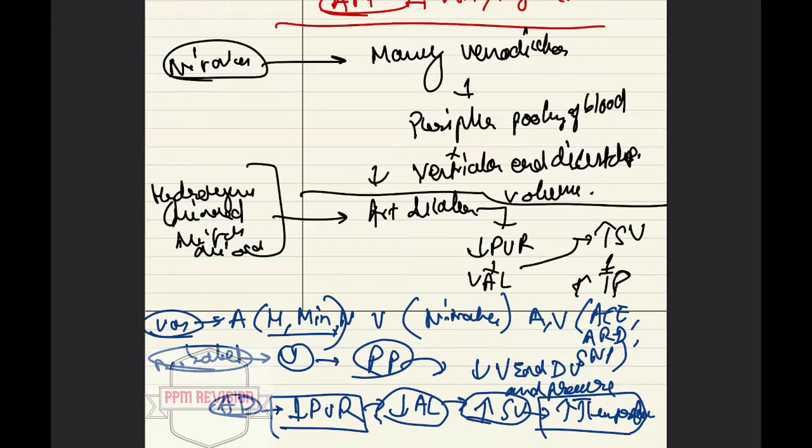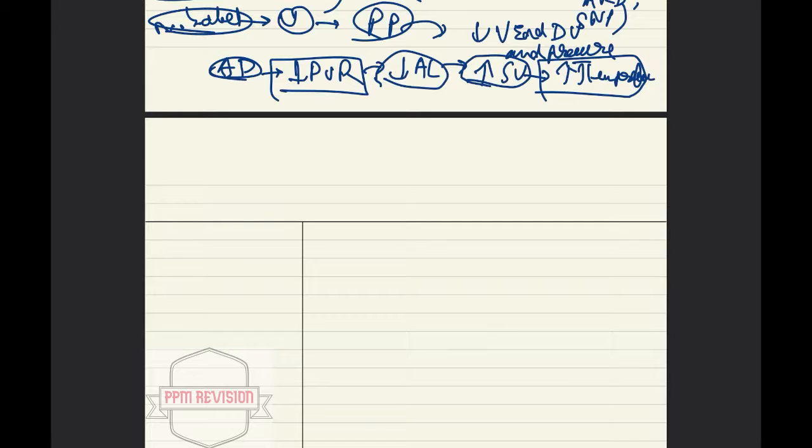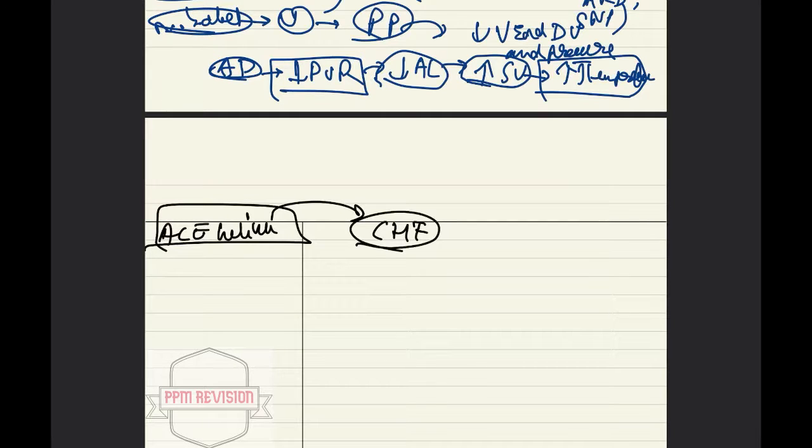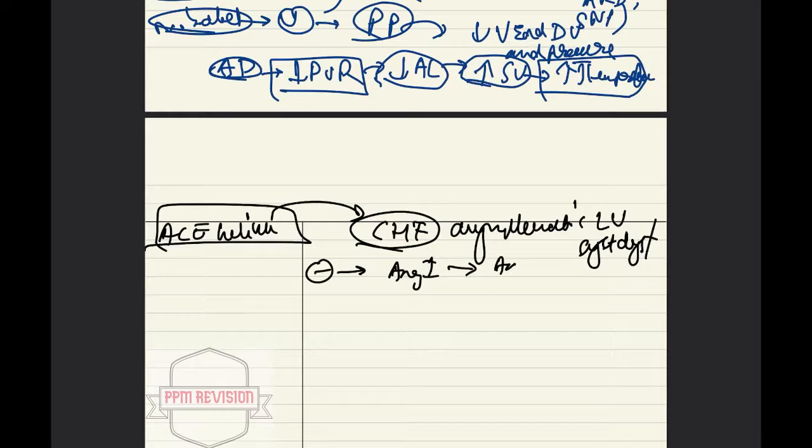And now we'll be moving ahead, and we'll be looking at ACE inhibitors. Under ACE inhibitors, we need to know that it is used in all common CHF. It is used in CHF as well as asymptomatic left ventricular systolic dysfunction as well. And they inhibit the conversion of angiotensin 1 to angiotensin 2. So now looking at ACE inhibitors, it inhibits the generation of angiotensin 2, and it results in